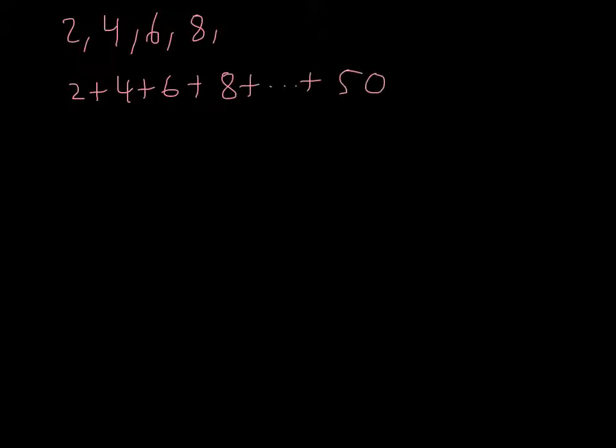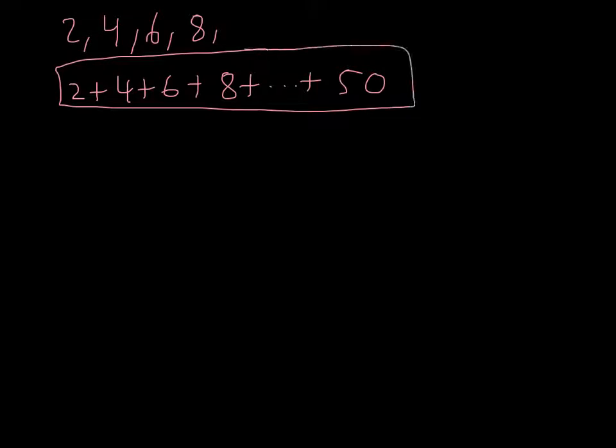Okay, let's do one. This is obviously the sequence of even numbers. So if we were going to sum, say, the first 25 even numbers, we'd write it like this. So we've got 2 plus 4 plus 6 plus 8 plus ... plus 50. So if we were summing all the even numbers up to 50, or the first 25 even numbers, we know a few things about this